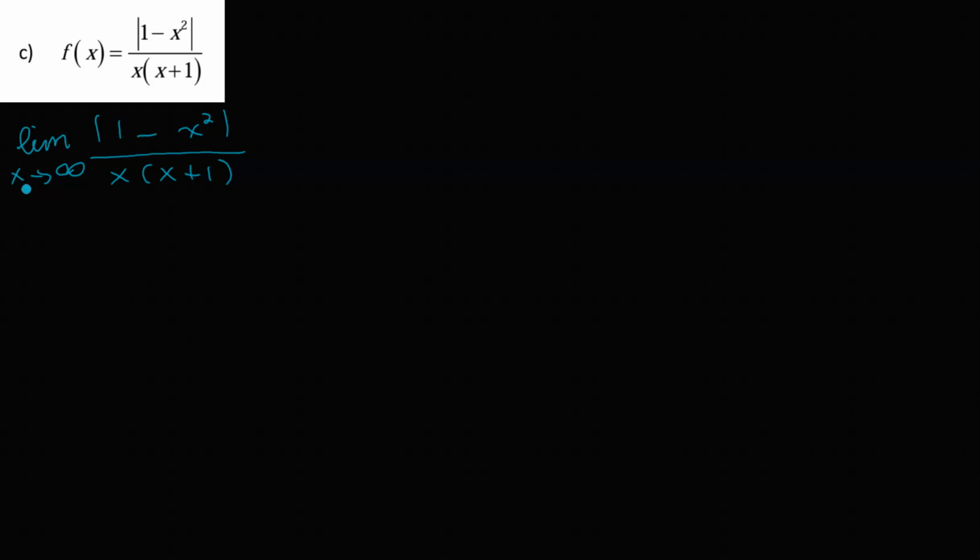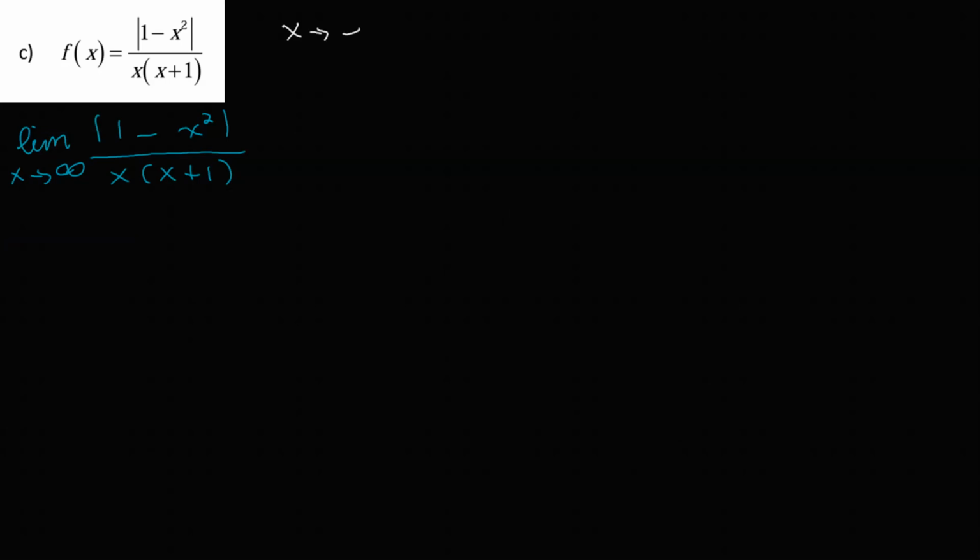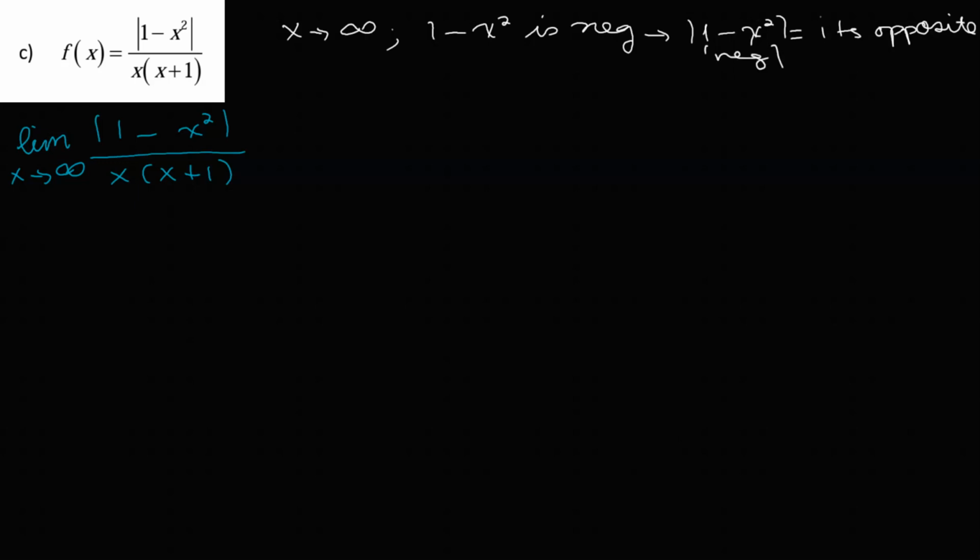So when x is a really large positive number, 1 minus x squared is going to be a negative number. Let's think about that for a second. When x is approaching infinity, which is a large number, 1 minus x squared is a negative number, so the absolute value of 1 minus x squared is its opposite, because the absolute value of a negative number is its opposite, a positive value. So we would say this is going to equal